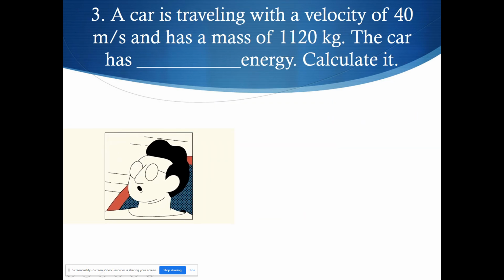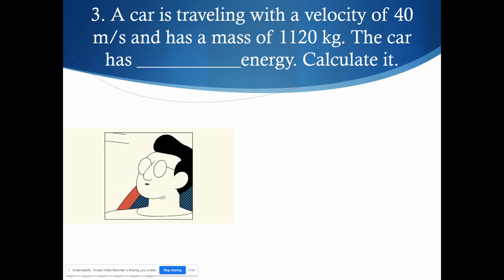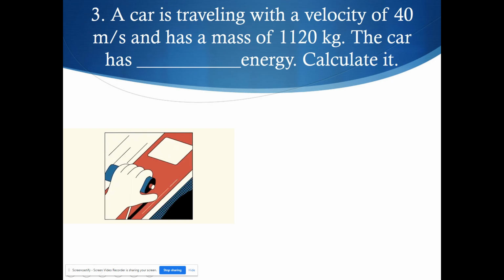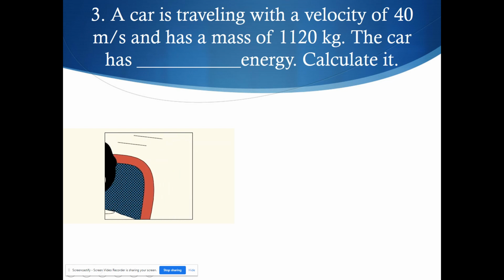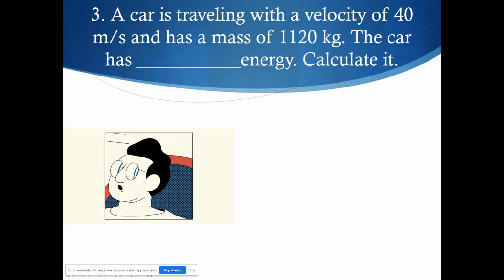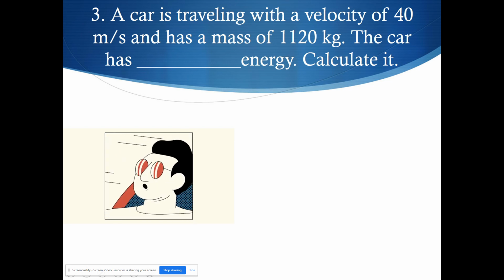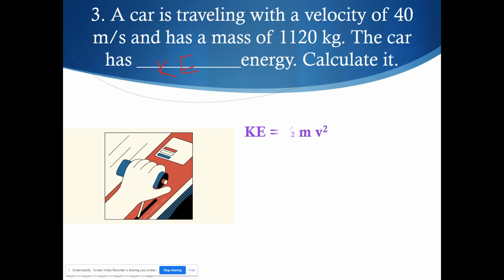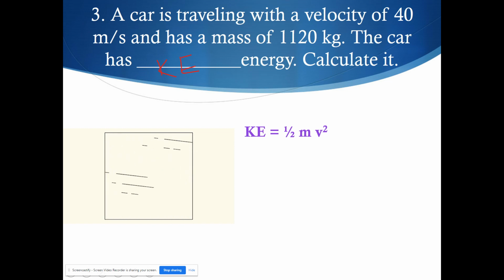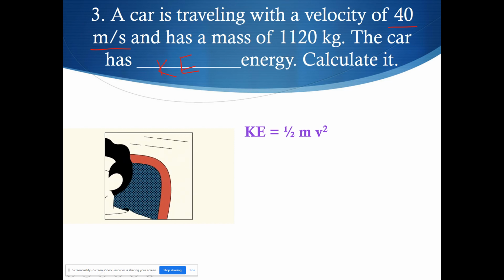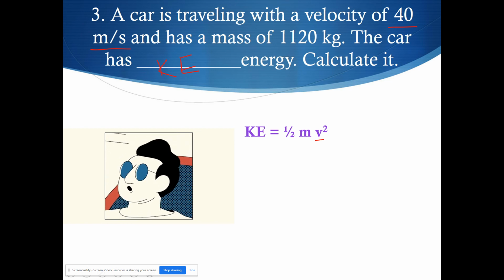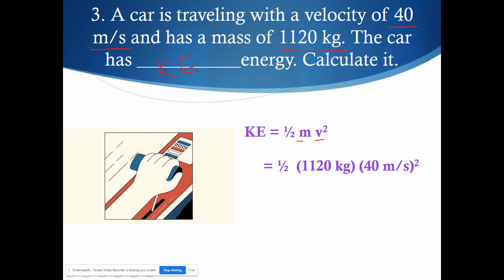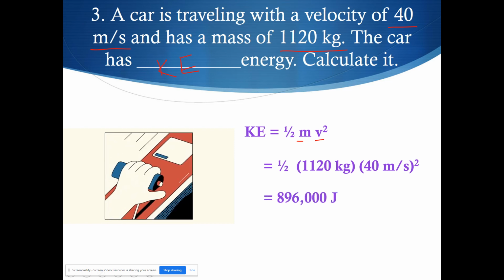Okay, sample number 3. A car is traveling with a velocity of 40 meters per second and has a mass of 1120 kilograms. The car has what kind of energy? Calculate it. Okay, looks like it's in motion. So in motion, I'm going to say it has kinetic energy. Okay, kinetic energy, that's what I have. I find my formula. I got to figure out m/s. Well, that is velocity. kg, that is mass. Plug those numbers in, get my calculator out, and I get